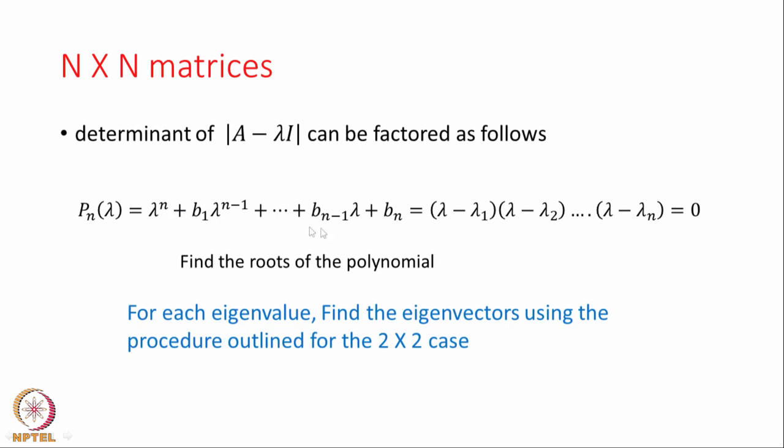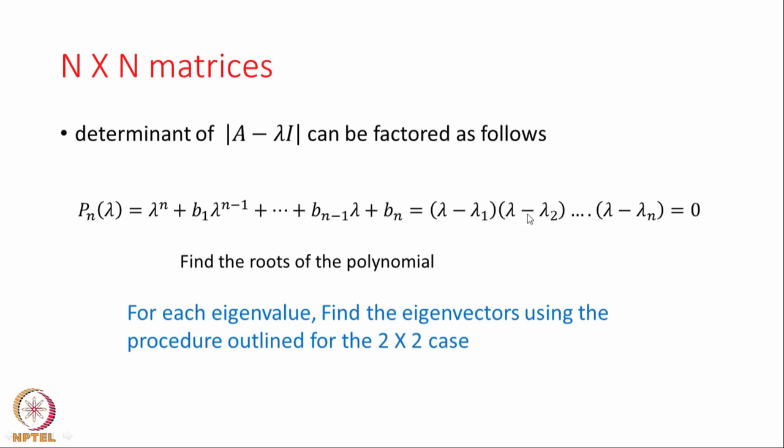This is the normal form in which you write a polynomial, but a polynomial can also be written in terms of its roots. Okay. So, an nth order polynomial can be written as a product of these functions. Which are these functions now? Lambda minus lambda 1, lambda minus lambda 2, up to lambda minus lambda n. So, all these lambda 1, lambda 2, lambda n are the roots of that equation. So, every polynomial equation of nth order can be written as a product of factors in which each root is contained.